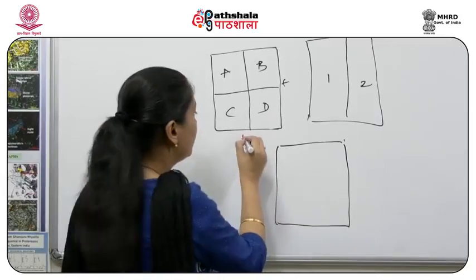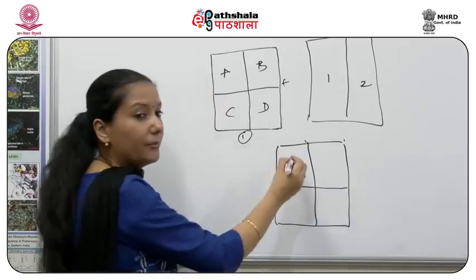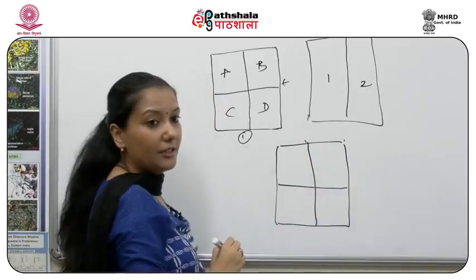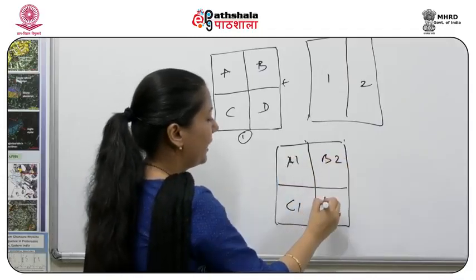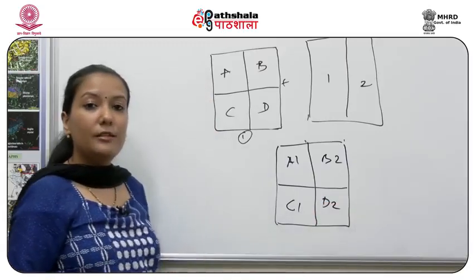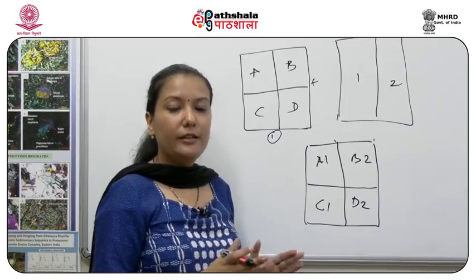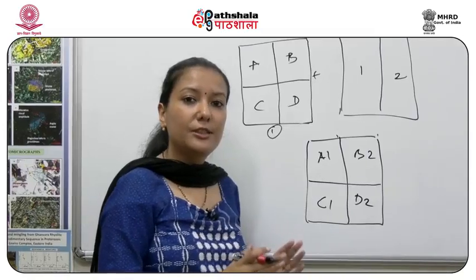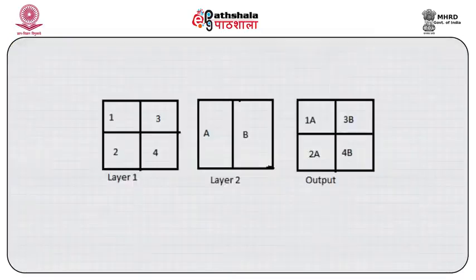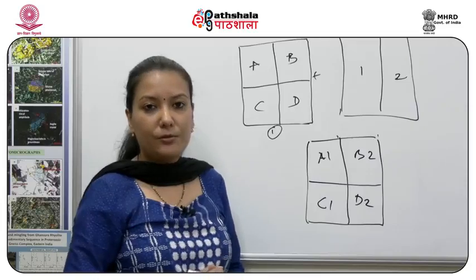Again, because this is your first layer, it will have 4 polygons, but the data here would be A1, C1, B2 and D2. So in all the 3 methods you can see that the first data is maintained and the second layer's attribute is inputted into the first layer. That is what is known as the overlaying method in vector. A similar approach can also be applied to raster data, and you can try to do this.